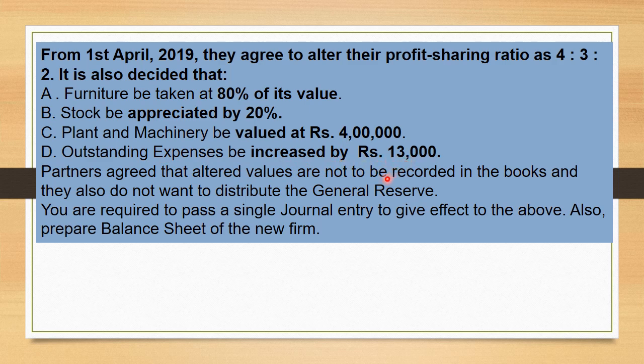It means the liability has increased, and the partners agree that the altered values are not to be recorded. Please highlight this thing: not to be recorded in the books of account. They also don't want to distribute the general reserve. It means we don't have to alter the values and also don't have to distribute the general reserve, and